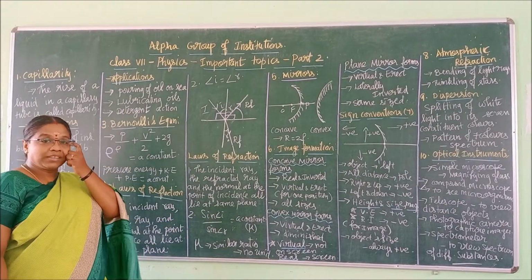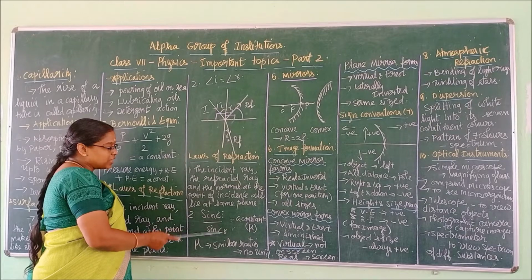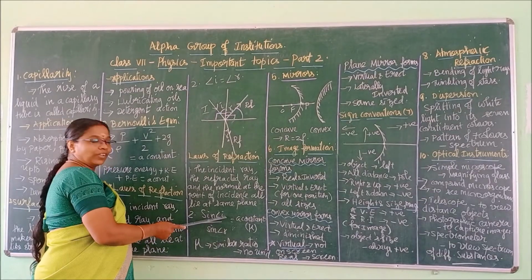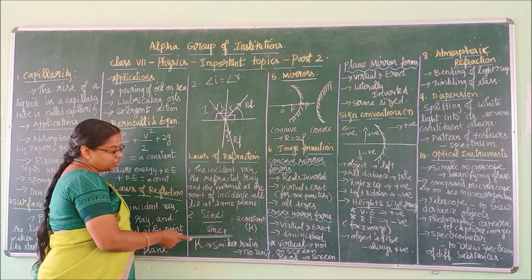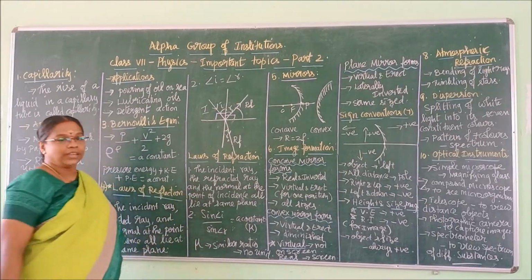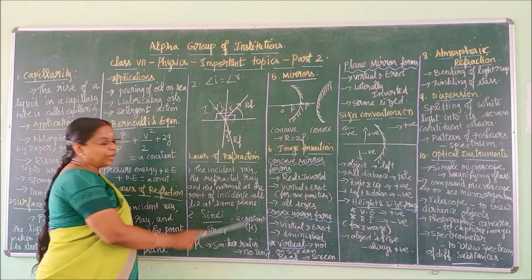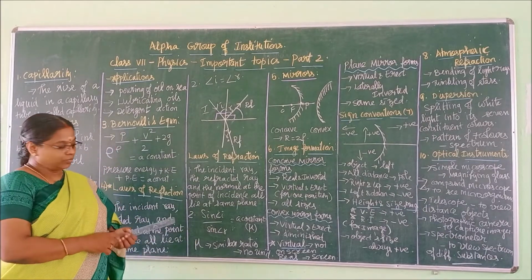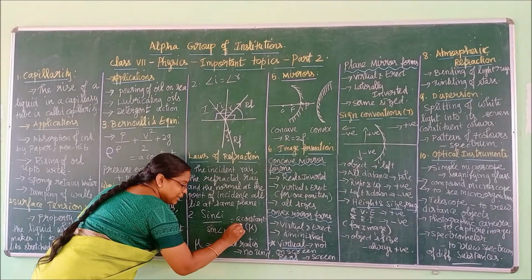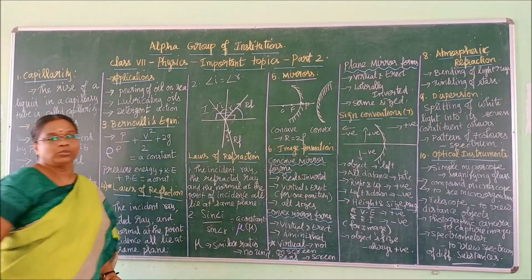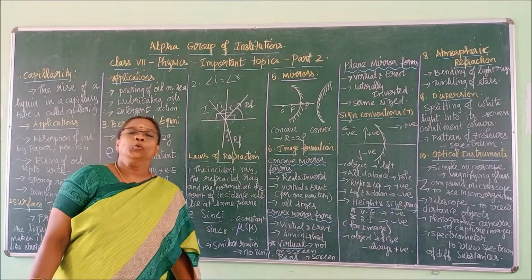So let's take it once again. The ratio of the sine of the angle of incidence to the sine of the angle of refraction is equal to a constant. That constant we call by a letter called mu. How do you write it? Like a u, and you extend the left-hand side down. That we call mu.